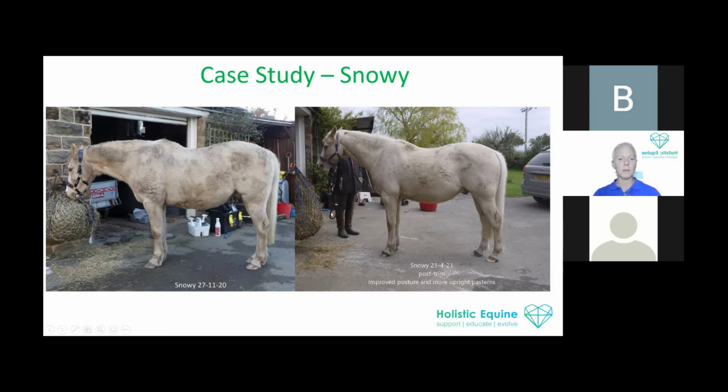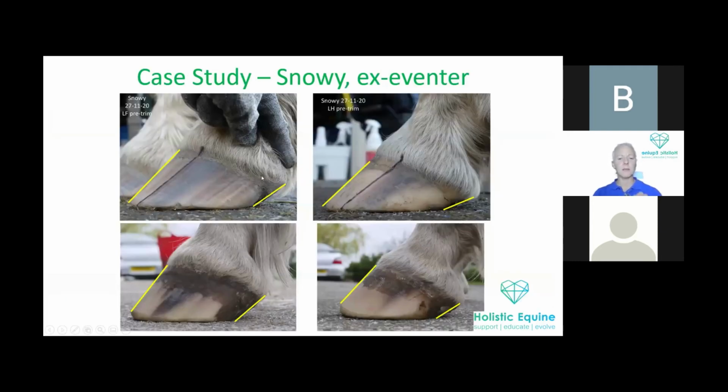And here are the hooves side by side. They aren't quite the same. They aren't exactly the same distance away from the camera here, so we can't really appreciate the length differences, because we've got no way of knowing